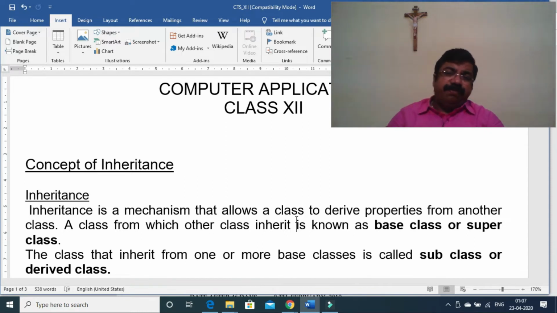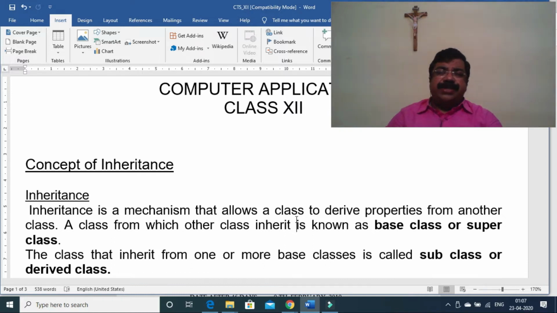This relationship, this inheritance, is one of the concepts which we can see there in the real world. If we take some examples, we can say that the parent-child relationship is an example of inheritance,